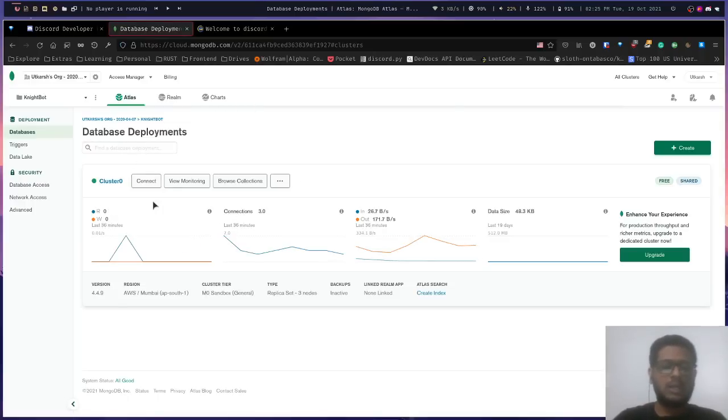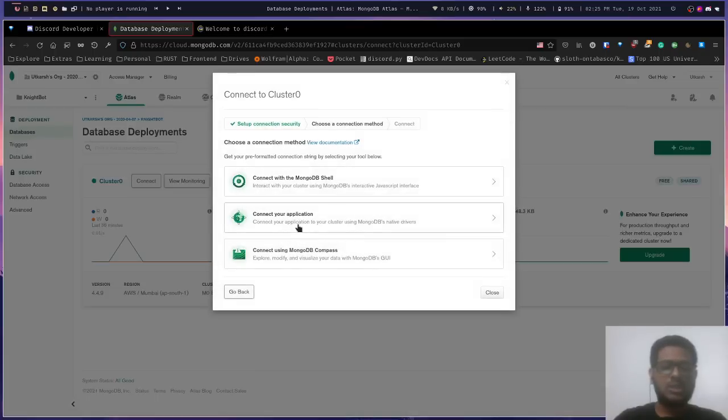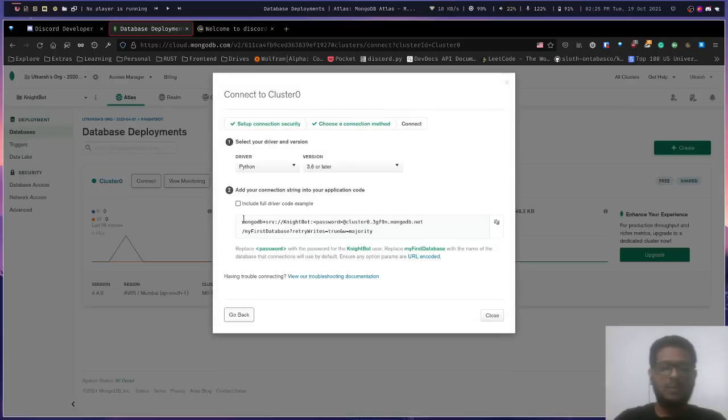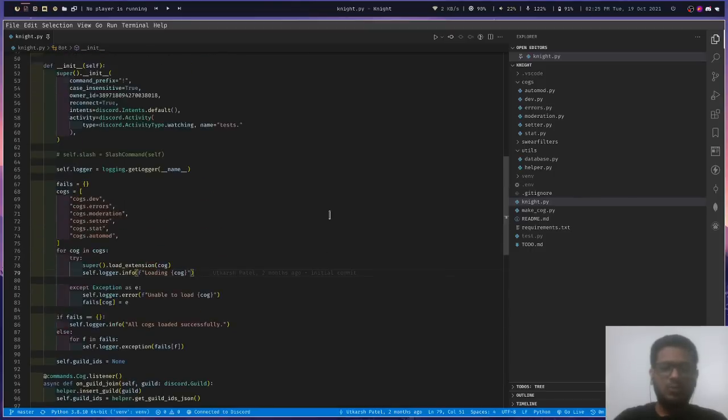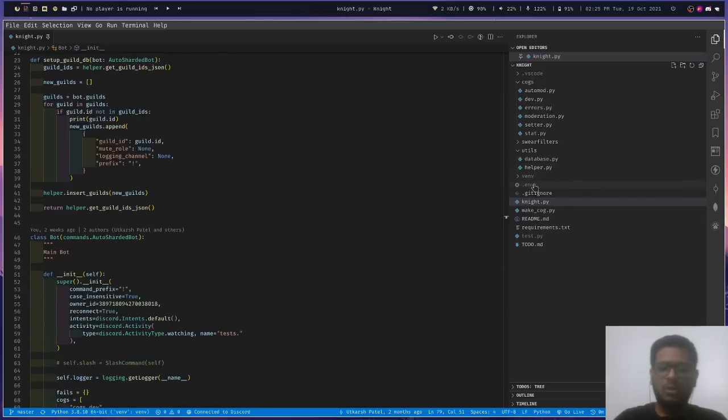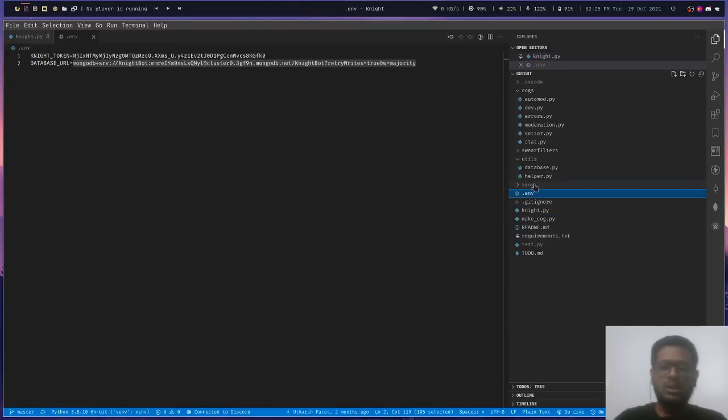Once we have created a cluster, you will also have a connection key for this cluster, which will be provided here by MongoDB. Now we need to paste our MongoDB and bot token in the Python environment file as shown here.